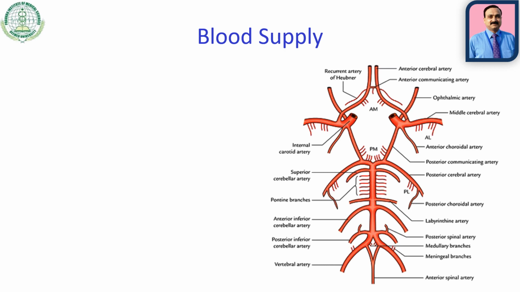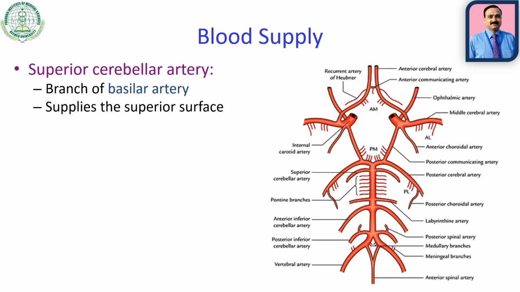Now coming to the blood supply of the cerebellum. The most important, there are three arteries which completely supply the cerebellum. First one is superior cerebellar artery. So you can see this is superior cerebellar artery. So this is a diagram of the circle of Willis, which is present at the base of the brain. Details of that we are going to study along with blood supply of brain. For the time being, you can remember